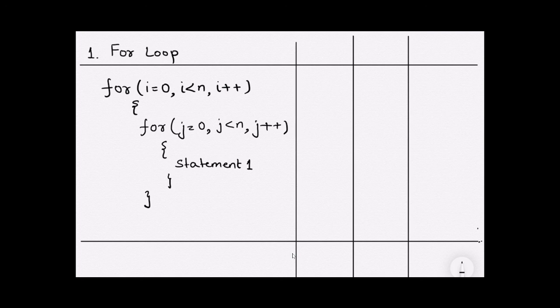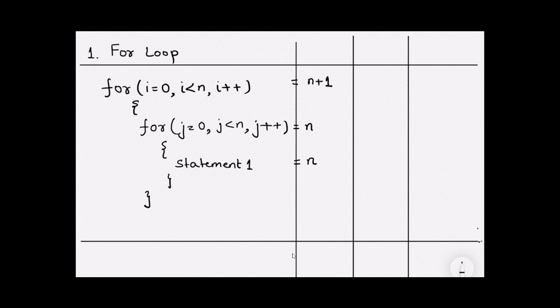Now let us consider another example where we have two for loops, that is a loop inside another for loop. Now we know that the for condition runs for n plus 1 times and all the statements inside the for loop run for n times. Therefore, the for loop with i variable will run for n plus 1 times, while all the statements inside it will run for n times, as we have seen in the previous example.